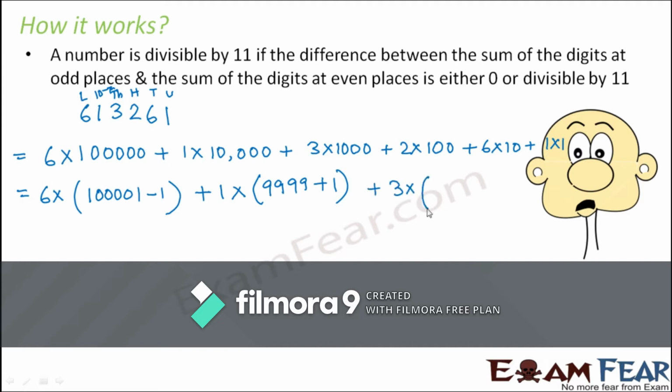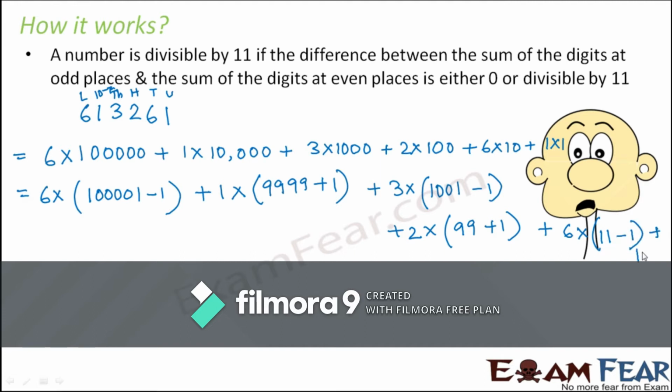So now you see how beautifully we will arrange these numbers. 1000, if you write it as 999 plus 1, 999 is not divisible by 11. But if you write it as 1001 minus 1, 1001 is divisible by 11. So this is a better way to write it. Again, when it comes to 100, you write it as 99 plus 1 because 99 is divisible by 11. When it comes to 10, you do not write it as 9 plus 1. Instead, you write it as 11 minus 1 because 11 is divisible by 11. And this is how we have very smartly written the expansion in a way where a lot of terms are now divisible by 11. And that is what we wanted.